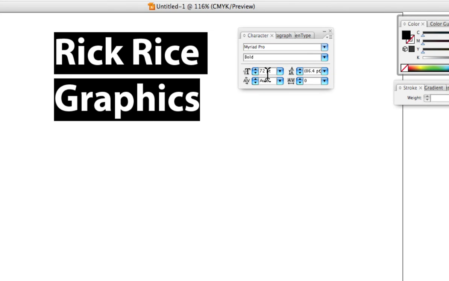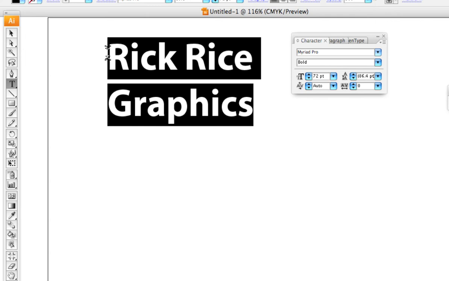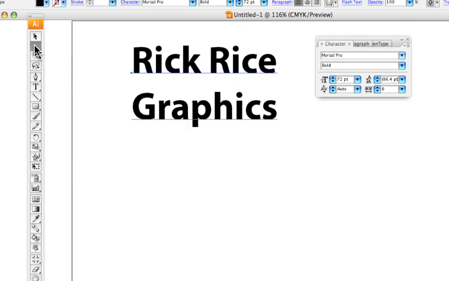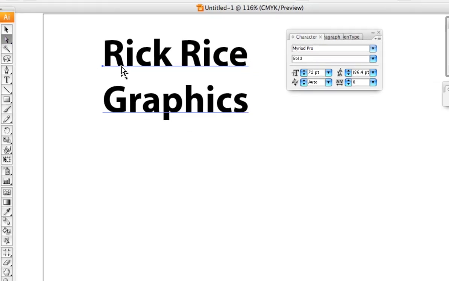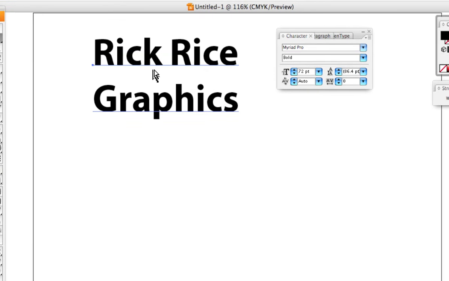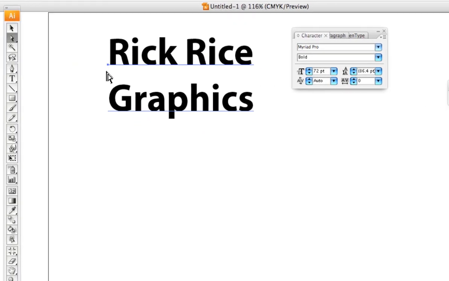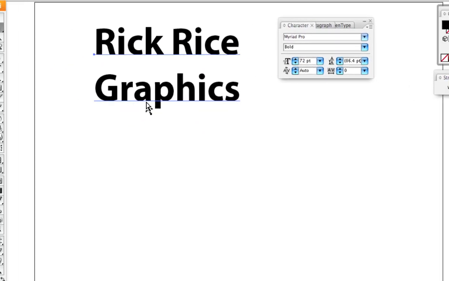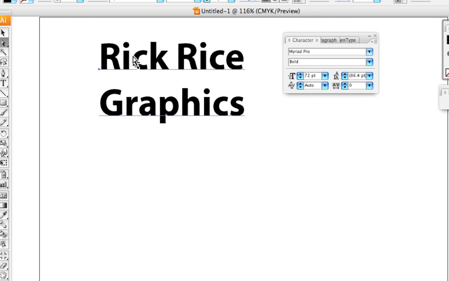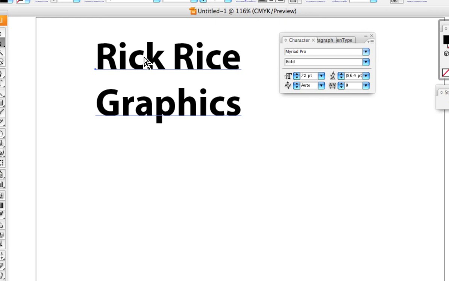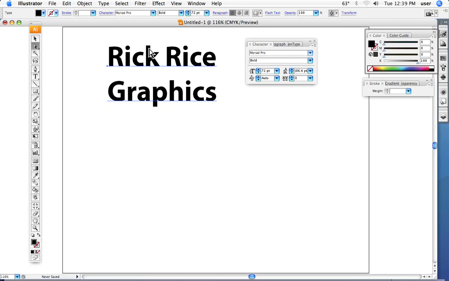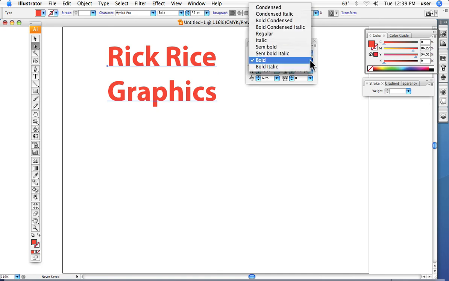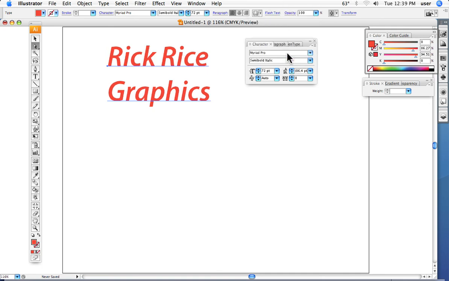So we can manipulate the type or change its attributes by highlighting it with the type tool, or simply clicking to one of the arrow tools. And you see with the white arrow, notice it's underlined right here, and this indicates that the type is selected, and then we can change the color of the type, and of course we can change, once again, any of its attributes,